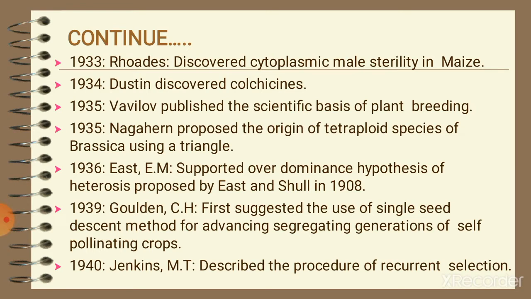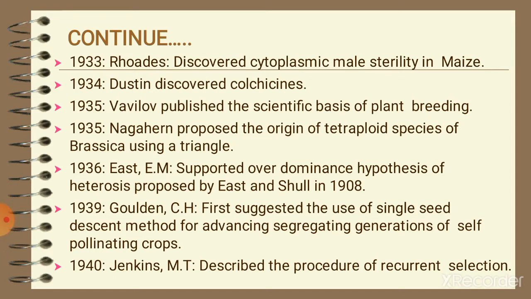In 1934, Dustin discovered colchicine. In 1935, Vavilov published the scientific basis of plant breeding. In 1935, Nagaharu U proposed the origin of tetraploid species of Brassica using a triangle which is popularly known as